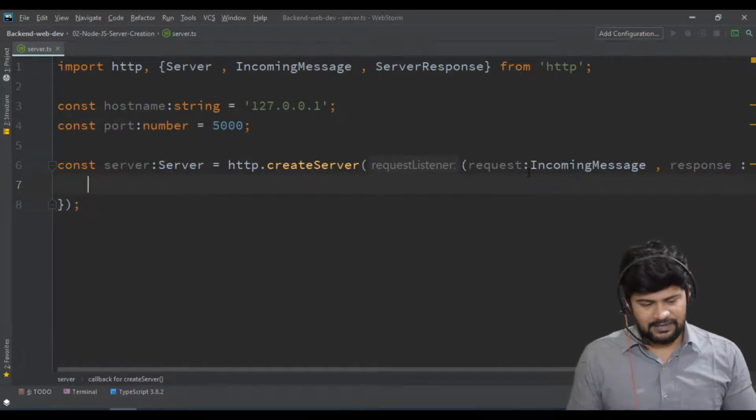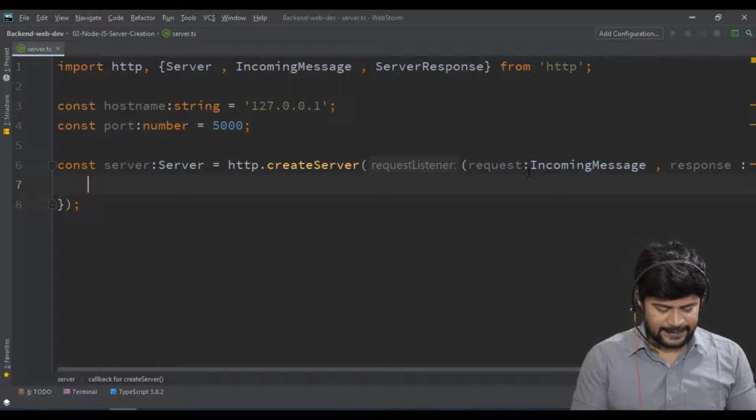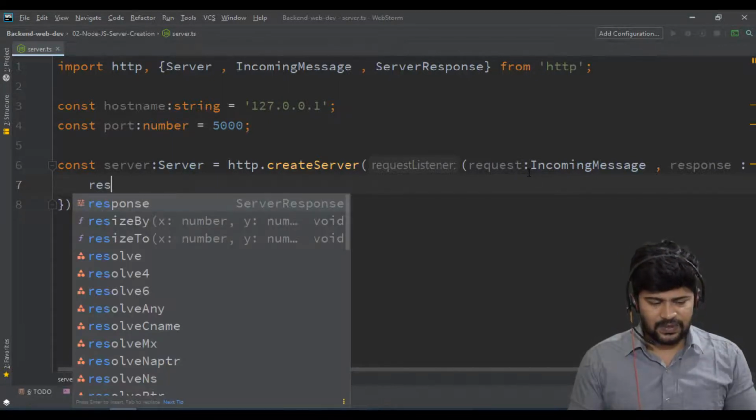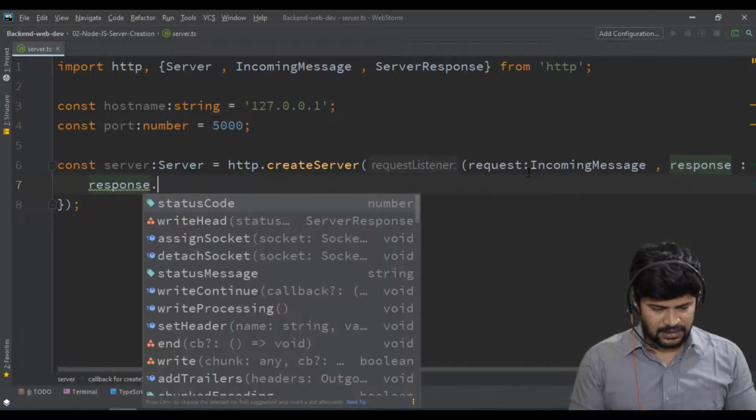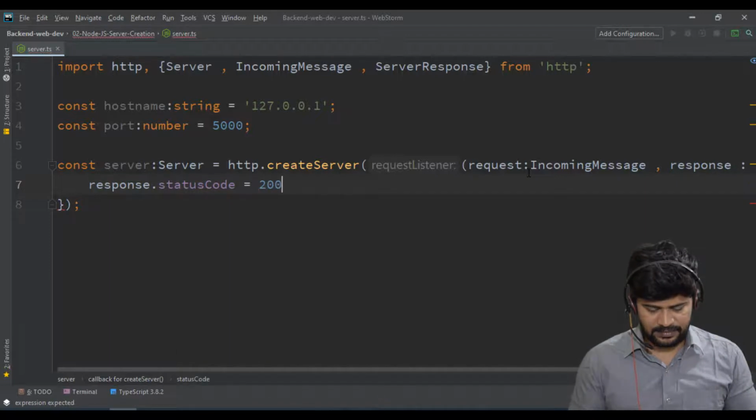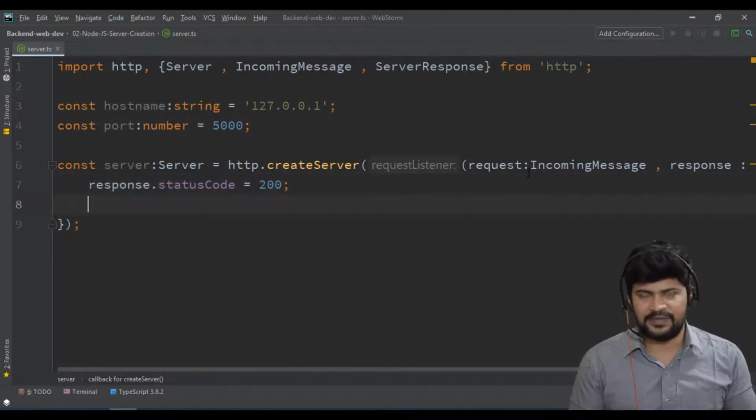Once you have made this, you can specify the status code and so on. So response.statusCode is equal to 200, a successful response. I want to make just a very basic server now. And then what type of response are you going to send from the server?